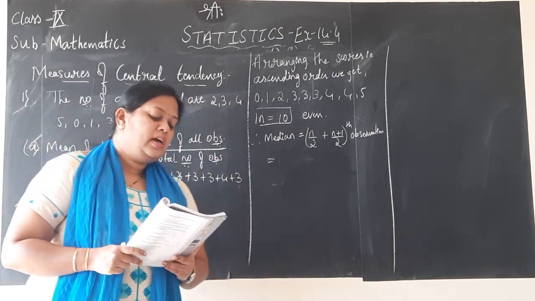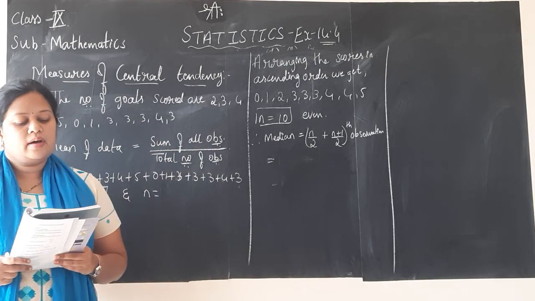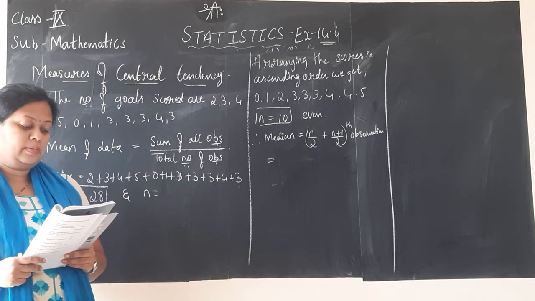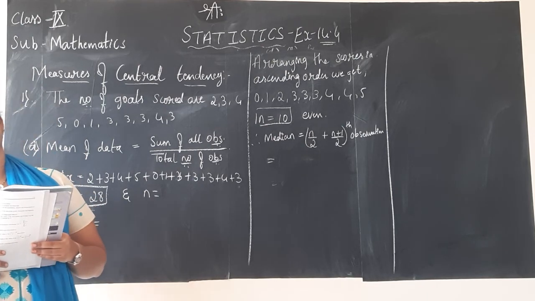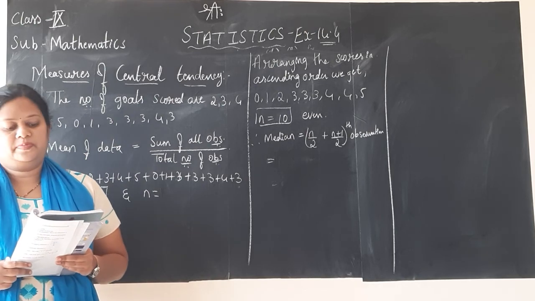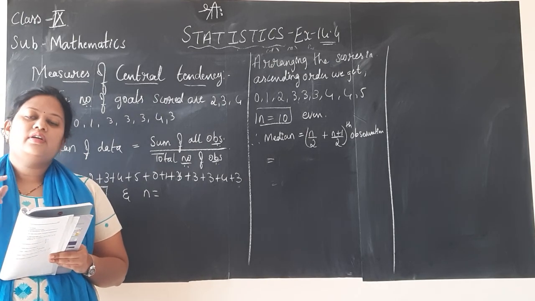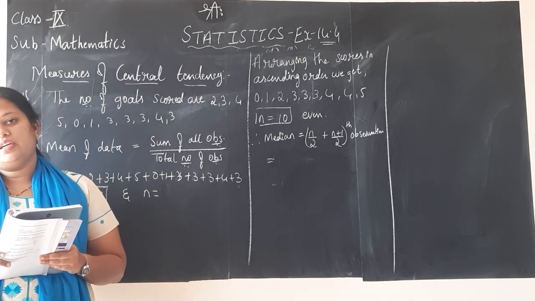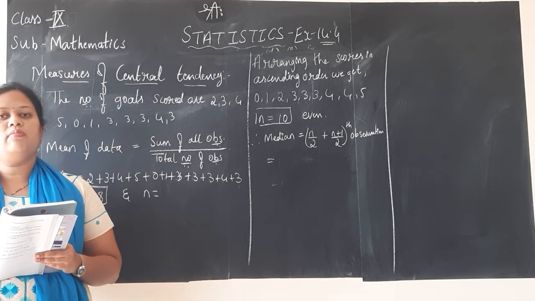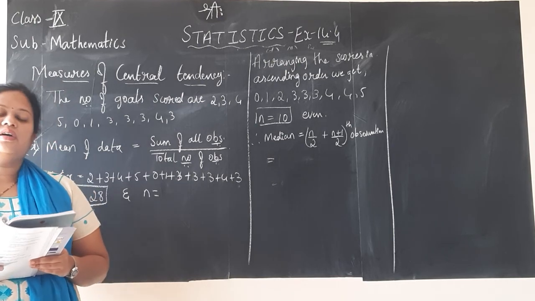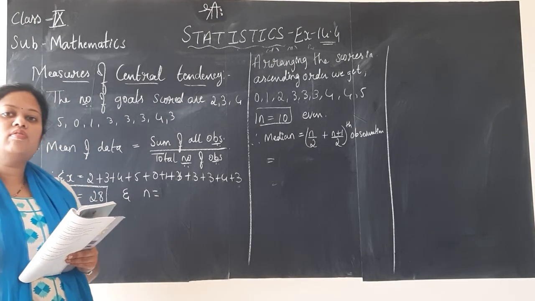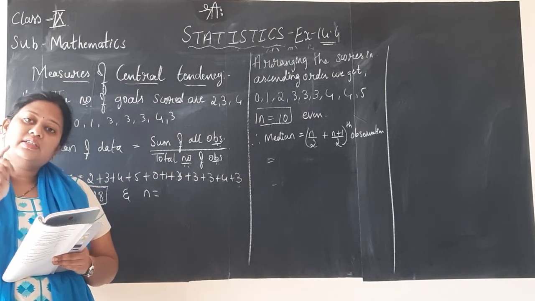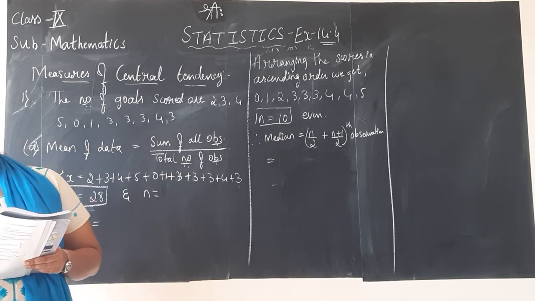Don't forget. So the first question is, the following number of goals were scored by a team in a series of 10 matches. Find the mean, median and mode of these scores is the question. Here, if you observe, the number of goals are given for 10 matches, they have given the data. Here the number of observations or goals given are less in number. So we can use the formula just sigma x by n in order to find the mean here.